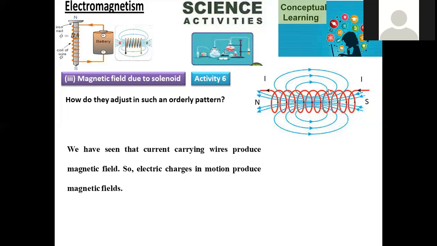They are under the influence of the magnetic field and they are in a regular arrangement. Based on that, we can clearly confirm that the solenoid is working like a magnetic device, just like a bar magnet, and while it works as a conducting medium, at the same time it generates the magnetic field as well. So electrical charges in motion produce magnetic fields. This will be the concluding statement. Whenever electrical charges, that is, electrons, are moving, that induces the magnetic field around it. So a magnetic field will be induced. That is clearly identified and even proven in this activity number 6.